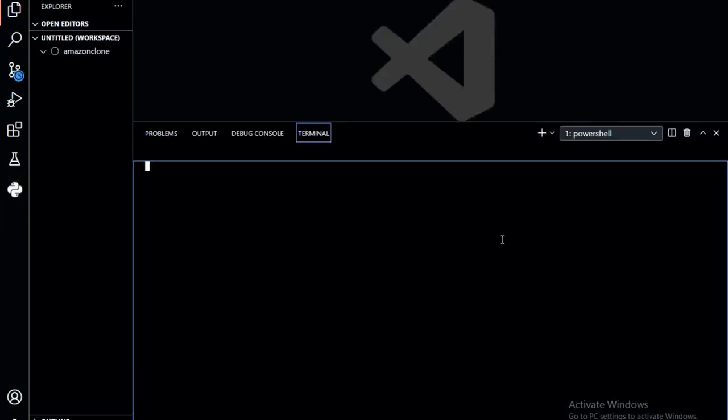What we are going to do here is create an environment for our React app. If you don't know anything about React.js or Node.js, firstly you need to install Node.js. I'm going to create an environment first, then I'll show you how to install that. So for that, just type npx create-react-app